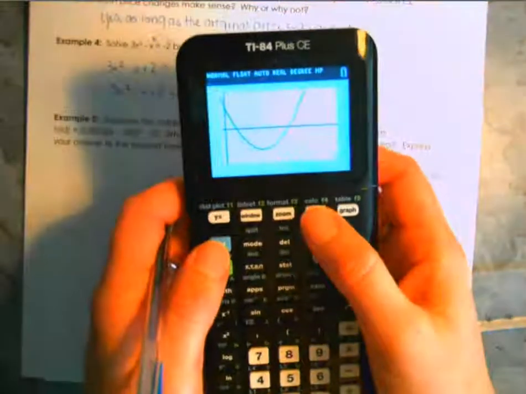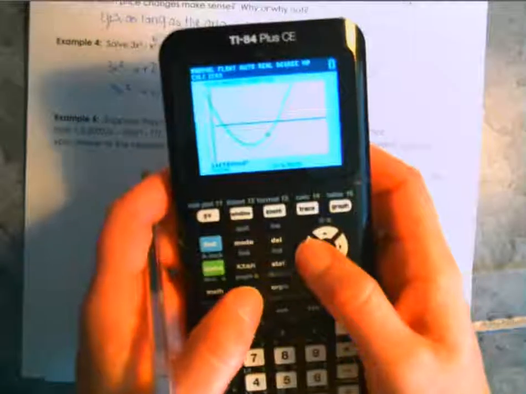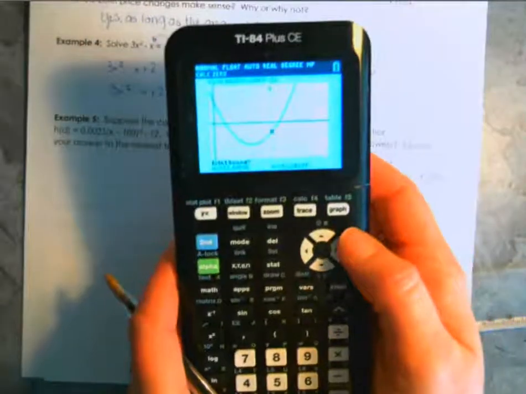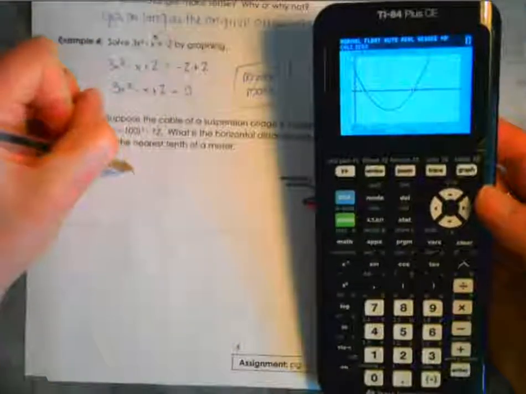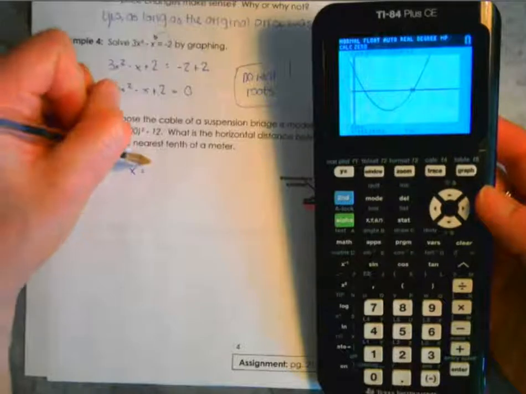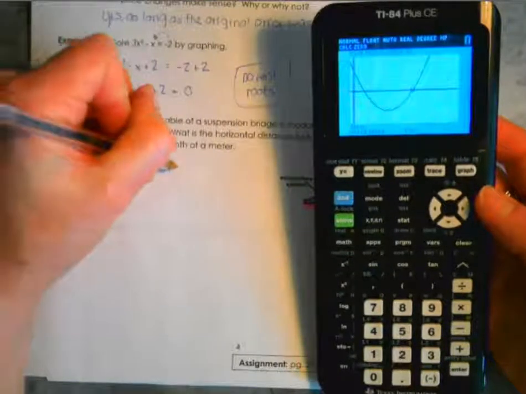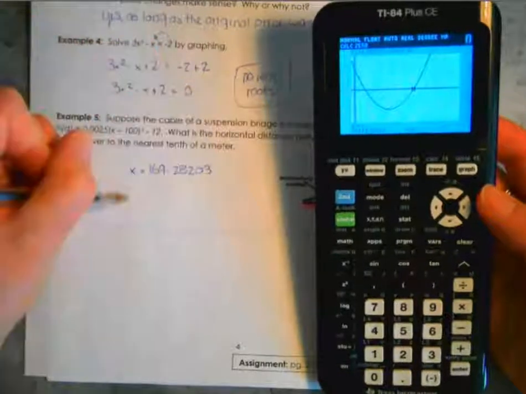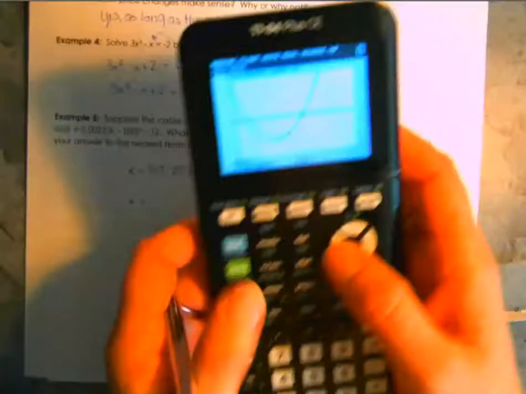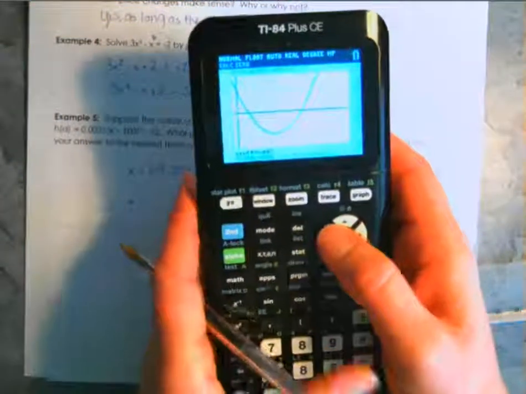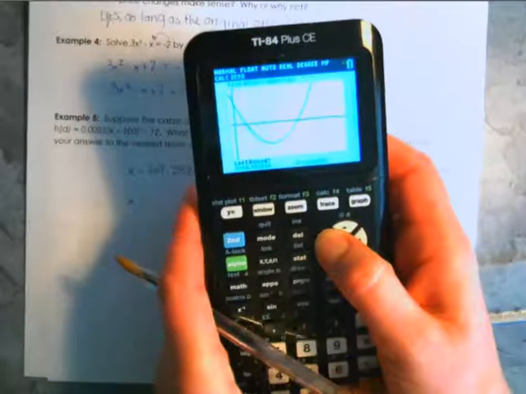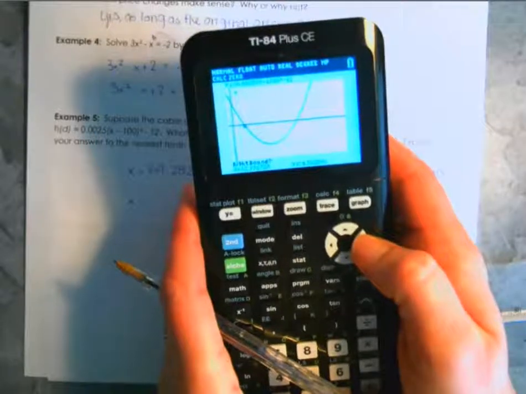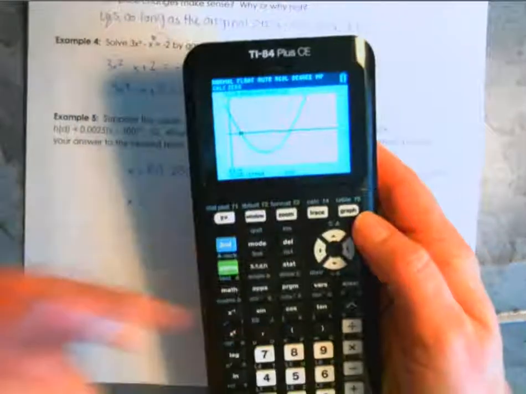So you want to go into your trace function, solve for 0, and then we can start with this one: left bound, right bound, and guess. So for the one on the right here, we end up with x equals positive 169.28203. And for the other one, second function trace, 0. We want to go left of that other intercept, hit enter, right of the intercept, hit enter, guess, and we end up with x equals